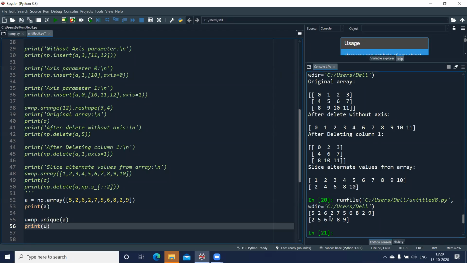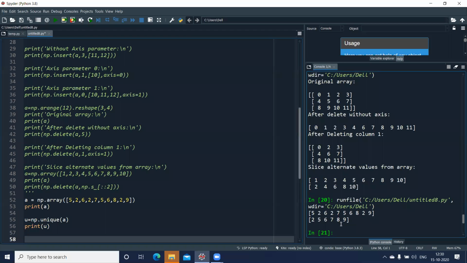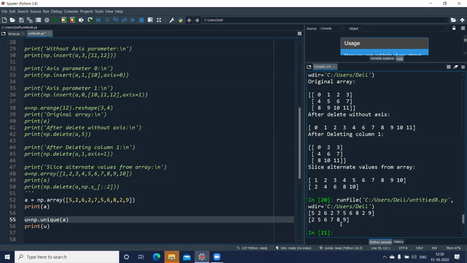So this is my array here. You can see these values, and it has given me the unique values. And one more thing, if you observe, it has also sorted my array. So it is also sorting the array and giving me the unique values from the main array, the original one. If I also want to know the indices of those particular elements, what I can do is I can give u comma